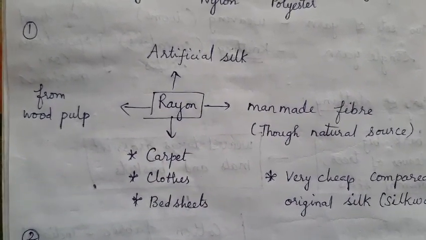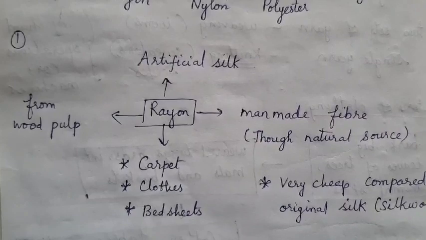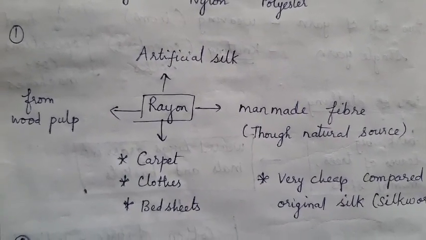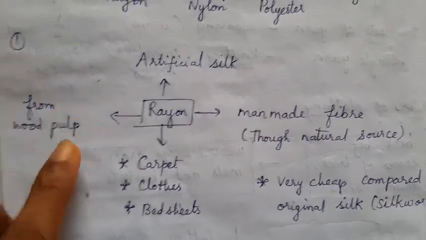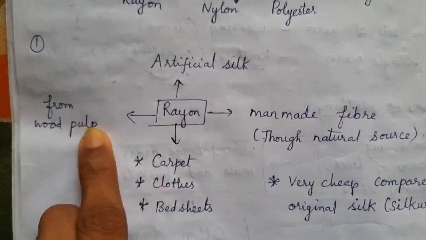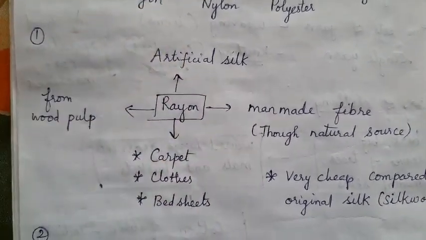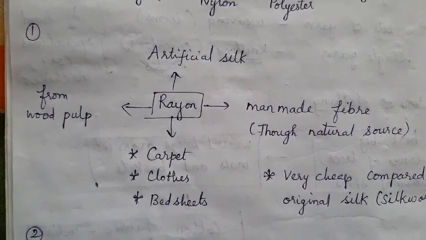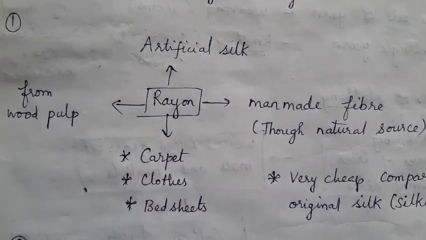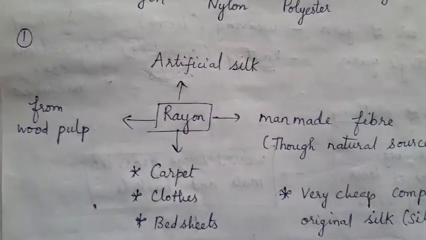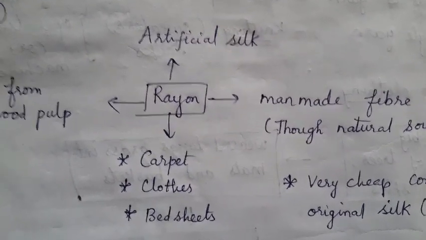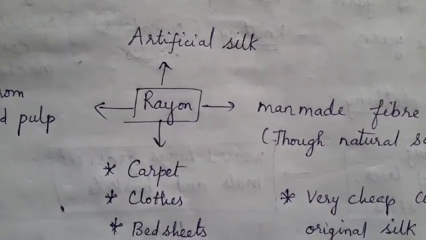From the cotton bolls. Yes, the flowers of the cotton are called cotton bolls, and after combing, I directly get the cotton fiber without any chemicals involved in it. But this rayon is obtained from the wood pulp, and after some process of including some chemicals inside the wood pulp, only then I will get the rayon in the usable form. So though it is a natural source, it is not a natural fiber. It is a man-made fiber having some chemicals in it.